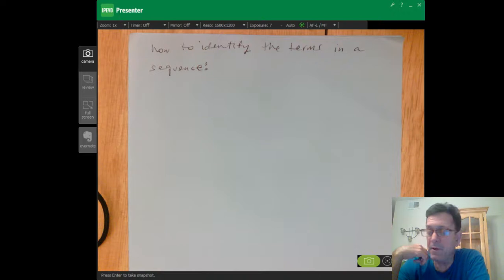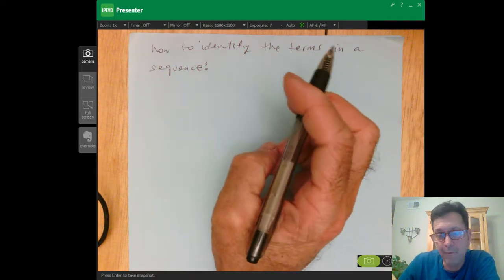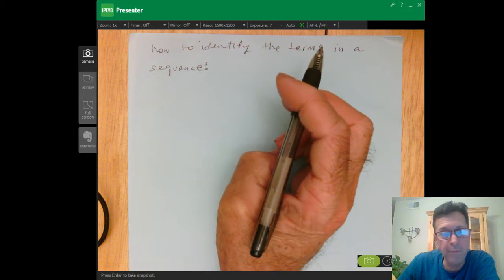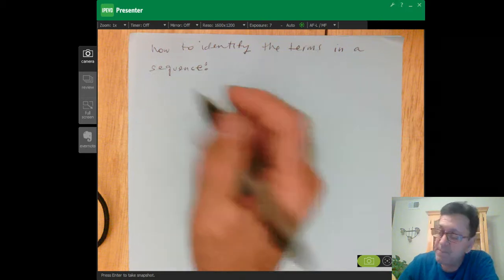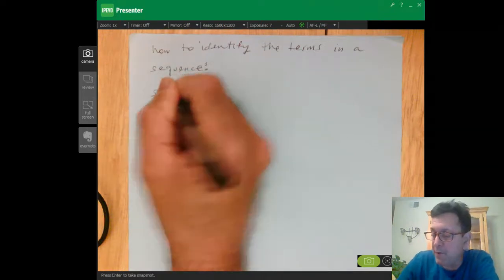Okay, we're going to talk a little bit about what a sequence is and how to identify the terms of the sequence. Now, when I say sequence, I'm referring to a mathematical sequence. Most sequences you will see are numerical, and those are the ones we will focus on. So, a sequence is a set of numbers